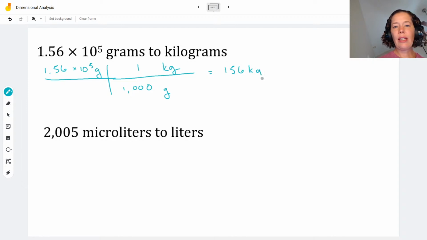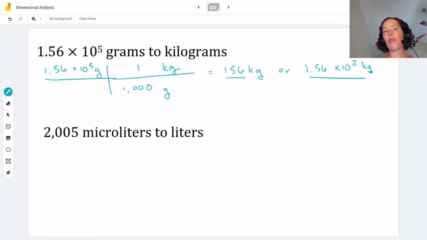156 kilograms. Or you could put it in scientific notation. Whoops, that didn't really write. Times 10 to the second kilograms. That is a 2 there. Again, checking sig figs. This is exact. It has an infinite number. This has 3 sig figs, also 3 sig figs, also 3 sig figs. So we're good here. Again, if you're just switching in the SI system, usually the significant figures work out pretty